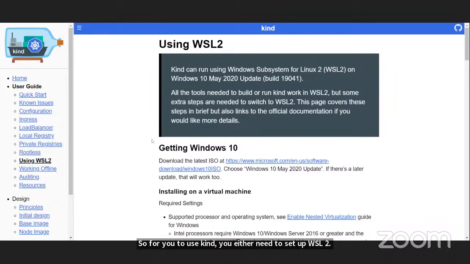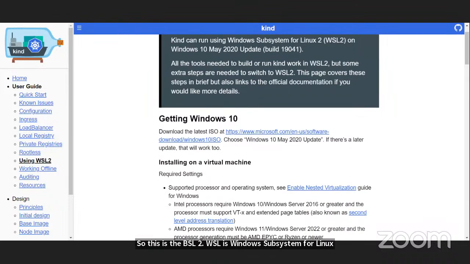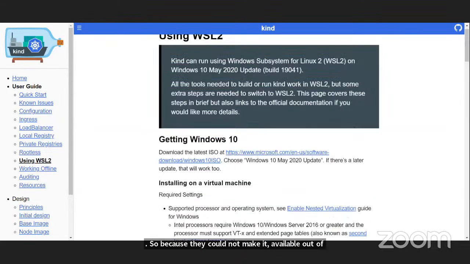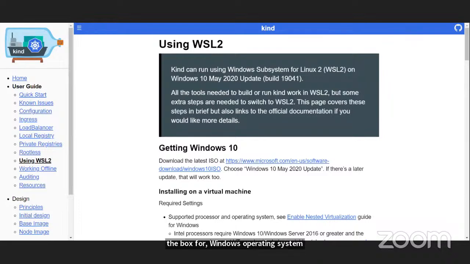WSL is Windows Subsystem for Linux. They could not make it available out of the box for the Windows operating system. So Windows, knowing that some of its users might want some Linux tools on their system but would not want to go through the stress of reinstalling a Linux operating system, provided a tool called WSL, Windows Subsystem for Linux, that enables users to run Linux